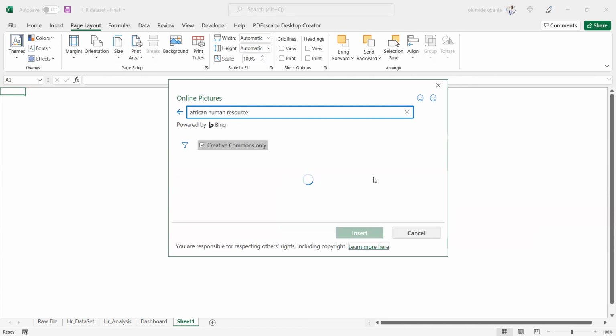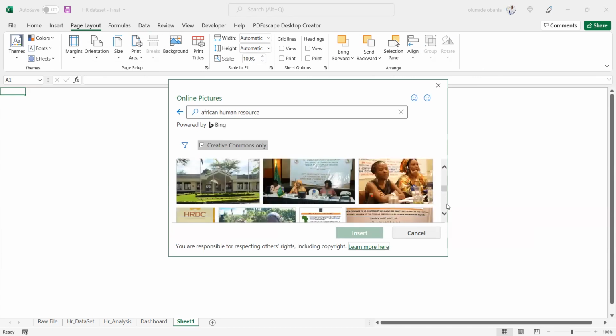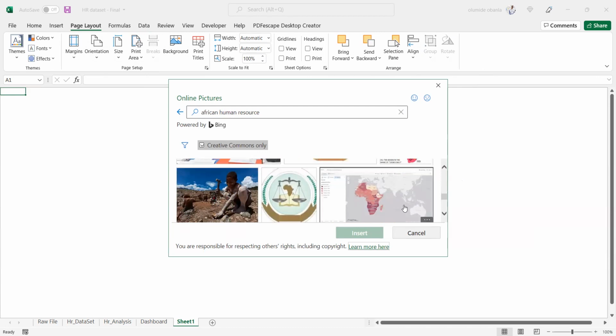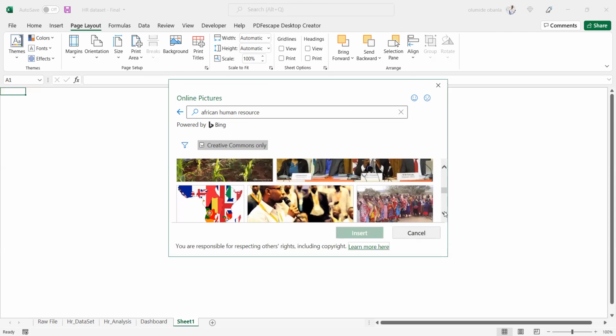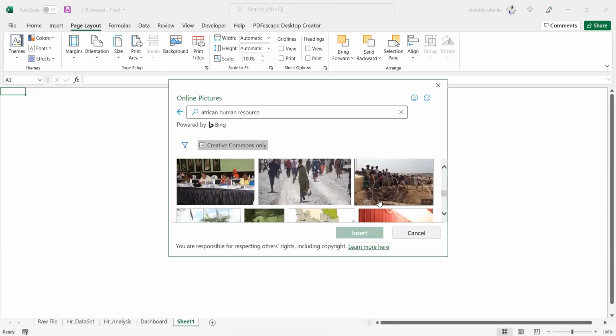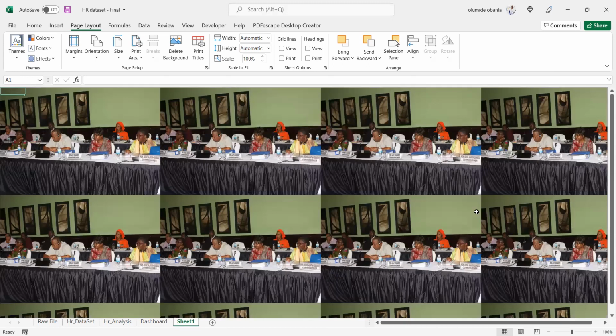So it gives you so many options you can choose from. Assuming I want to take this, once I insert, it takes over. So I don't need to be doing what Dr. Francis was doing to make it align. Because I'm getting it online, it automatically aligns. So it all depends on the package we're using. Yes, the package. I may need to change mine.